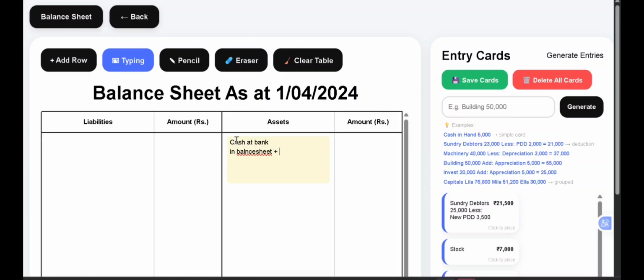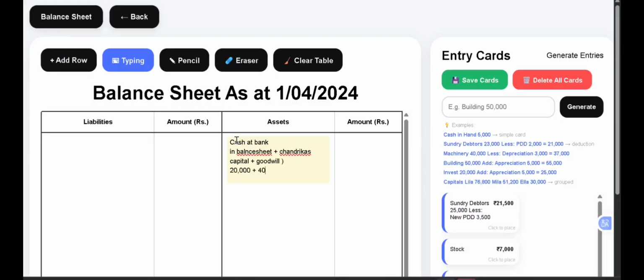So first, as per the problem given to us, write the entries as it is from the old balance sheet, but incorporate the adjustments. So first we'll take the cash at bank on the asset side. So here we have to write the cash at bank. So here we have to add the cash at bank, which is given in the balance sheet, plus the amount that was brought in by the new partner, Chandrika's capital,